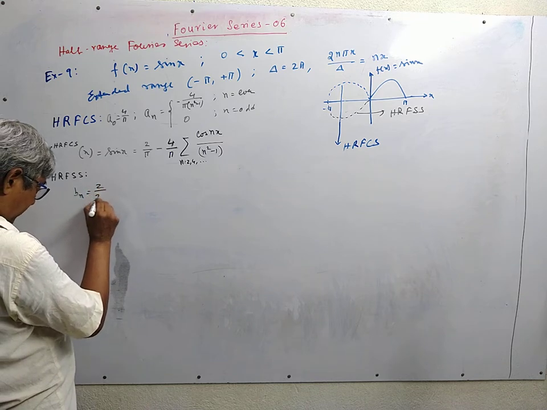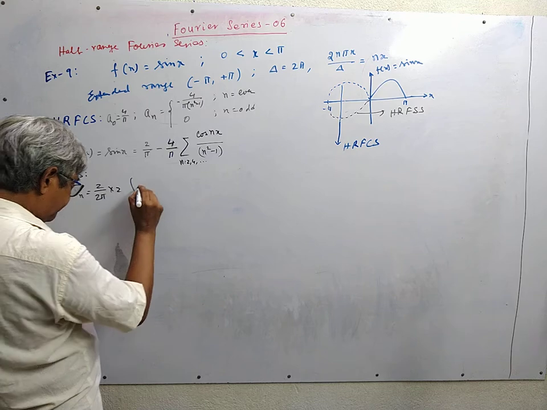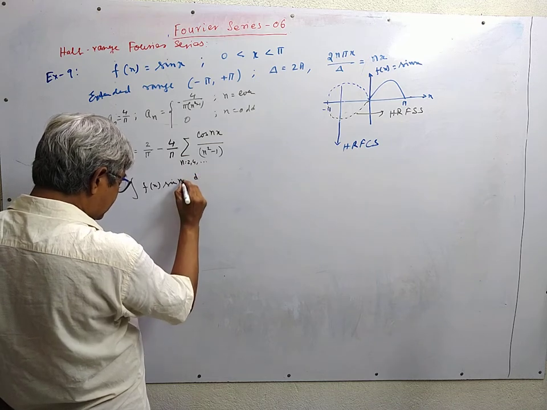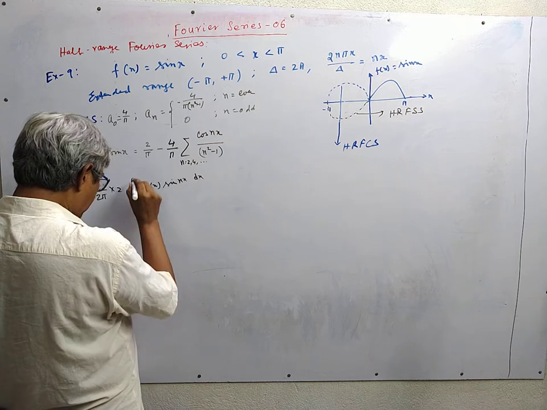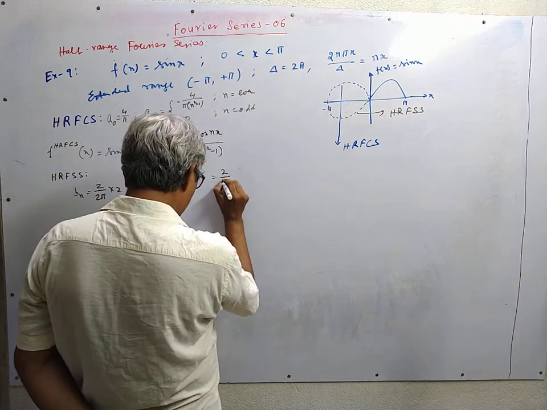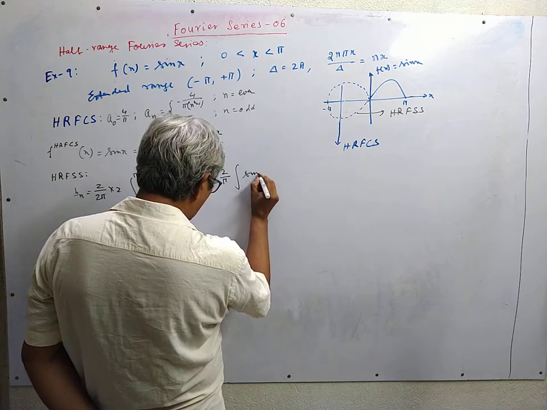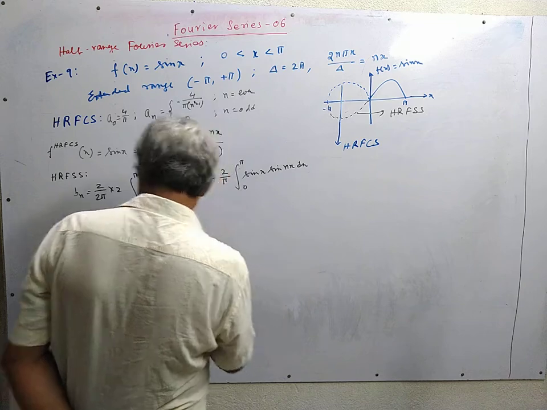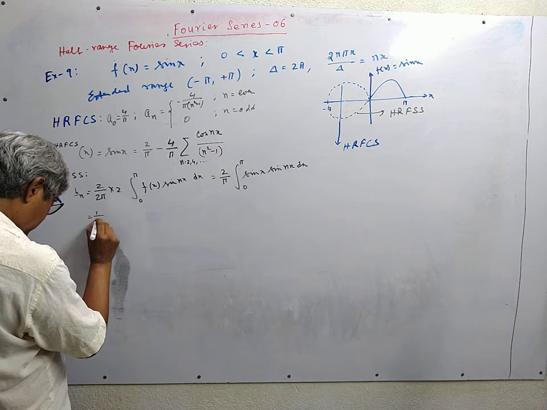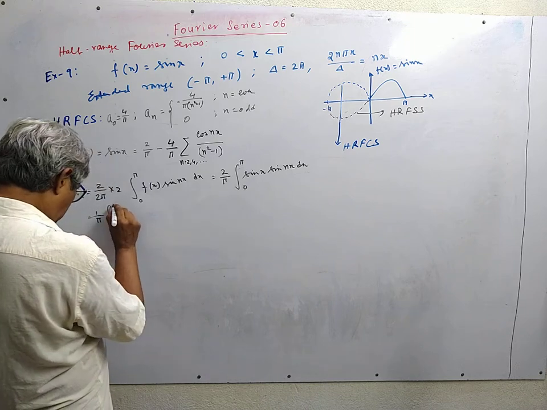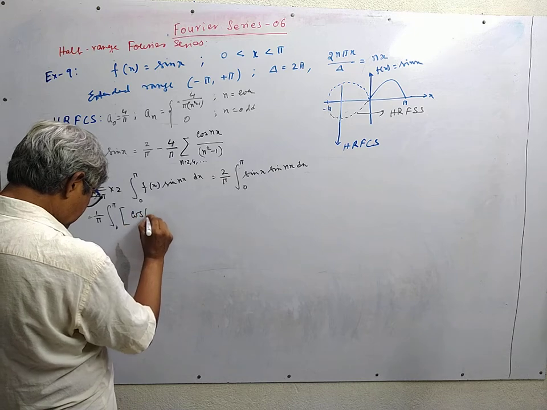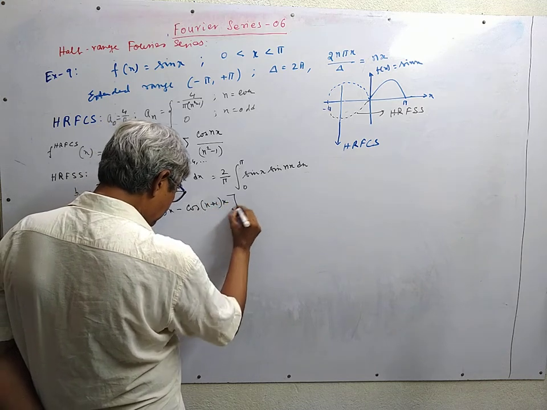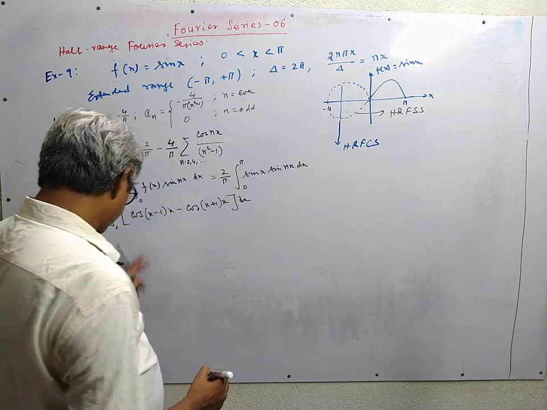Bn is equal to 2 by 2 pi into 2 into f of x sine of nx dx from 0 to pi, which is equal to 2 by pi, sine of x sine of nx dx from 0 to pi. Including these two, we can write it as